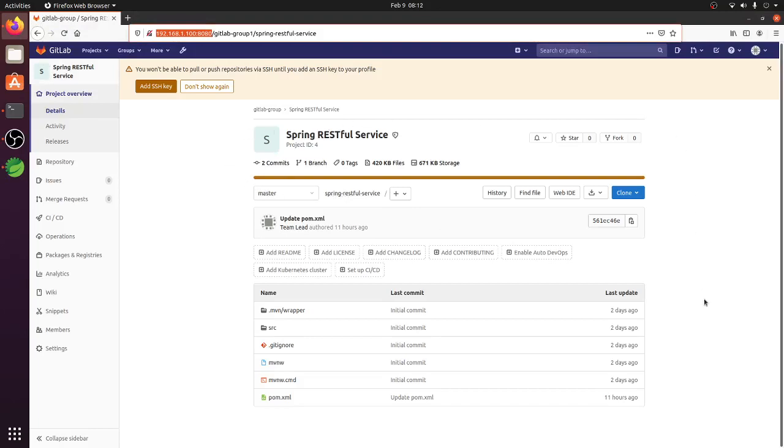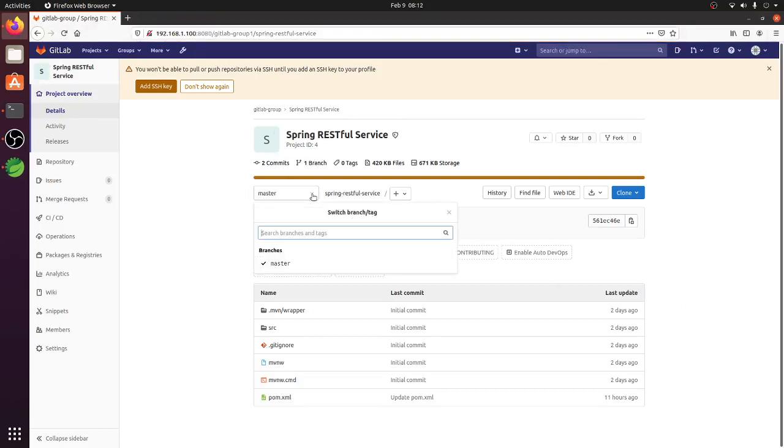I have configured it and I only have the master branch. Okay, so if you look at the repository here, we don't have any configuration related to CI CD pipeline. Okay, so to start with,